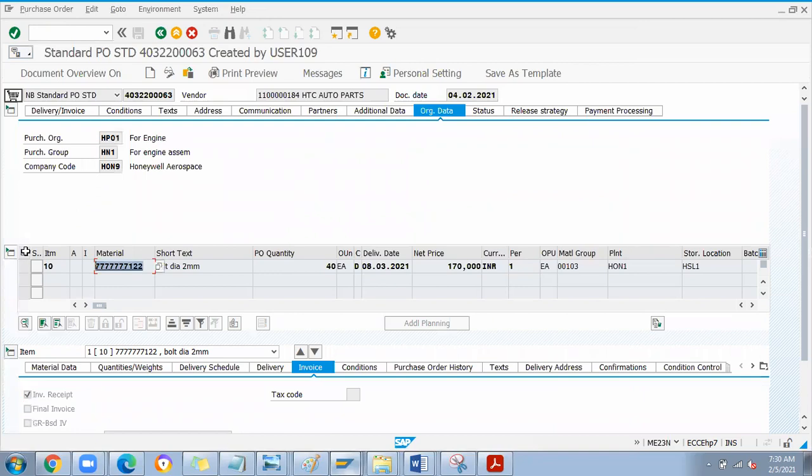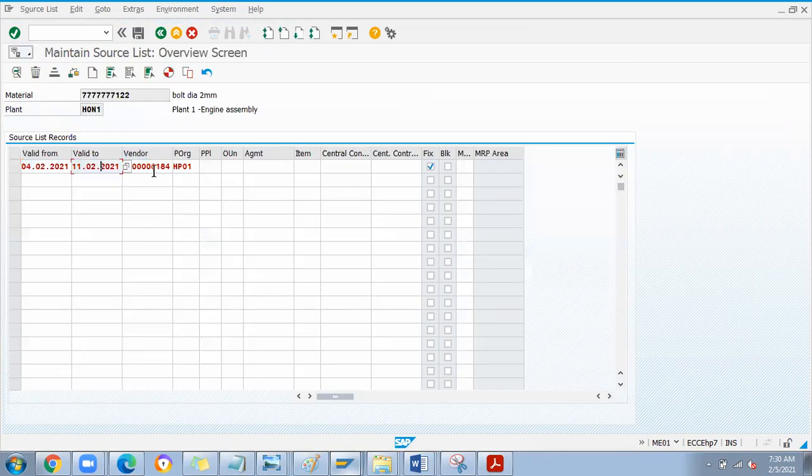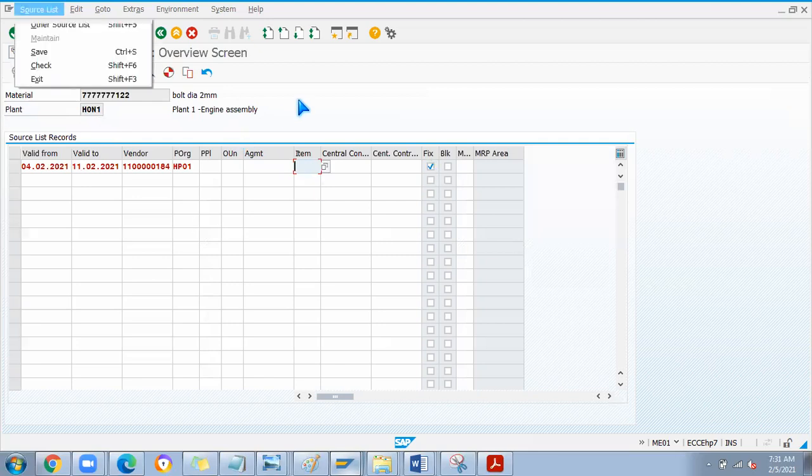The material is this bolt, diameter 2 mm. If I enter this material in combination with the plant, it will show the validity from which date to which date, vendor and purchasing organization. In case you have an agreement, you can add the agreement number and item. Then here it is checked as fixed. Okay, this is the maintenance of the source list.